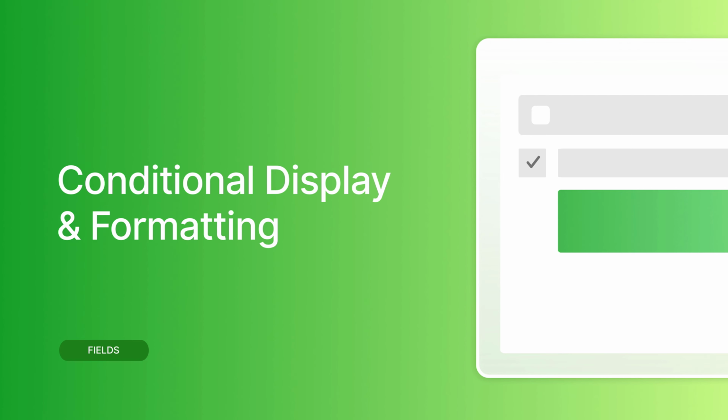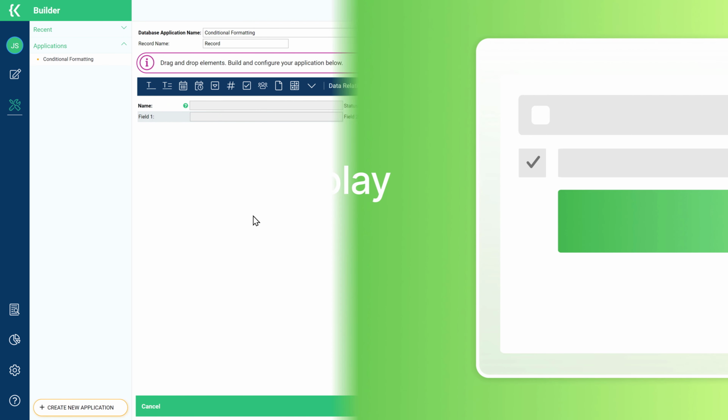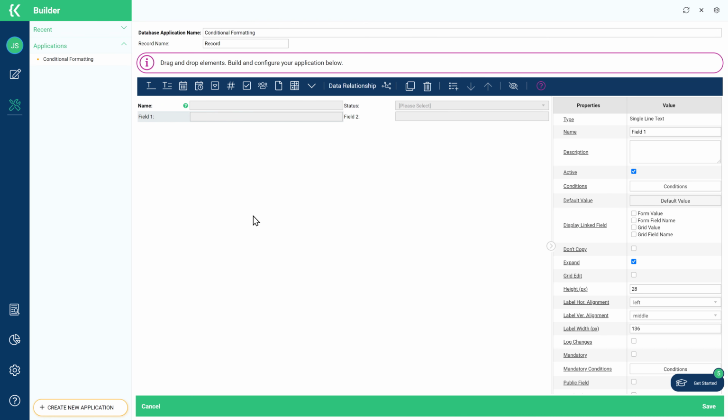Sometimes you might want to create fields that are only visible if they meet certain conditions. For example, you might want to hide or make a certain field mandatory based on the value of another field. To do this, select the field you want to set conditions for. A field's conditional visibility can be set up here, and the field can be configured to be shown or hidden